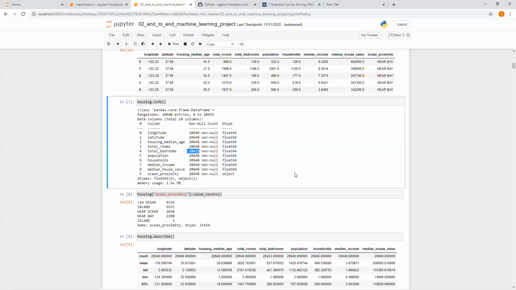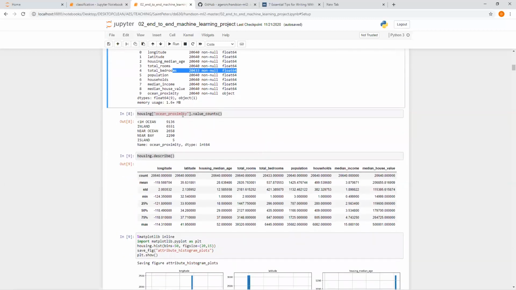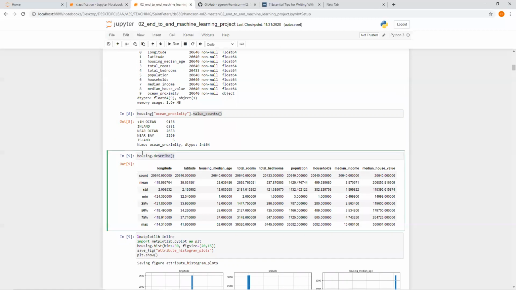Infer essentially tells you that suppose you have a variable of total rooms, you figure that there's some relationship between total rooms versus total bedrooms. So you could infer based on this variable on some of the not available cells for this variable. Just to give you some general sense. And then here, you can use value_counts to look at the distribution, describe to look at distribution for each one of the